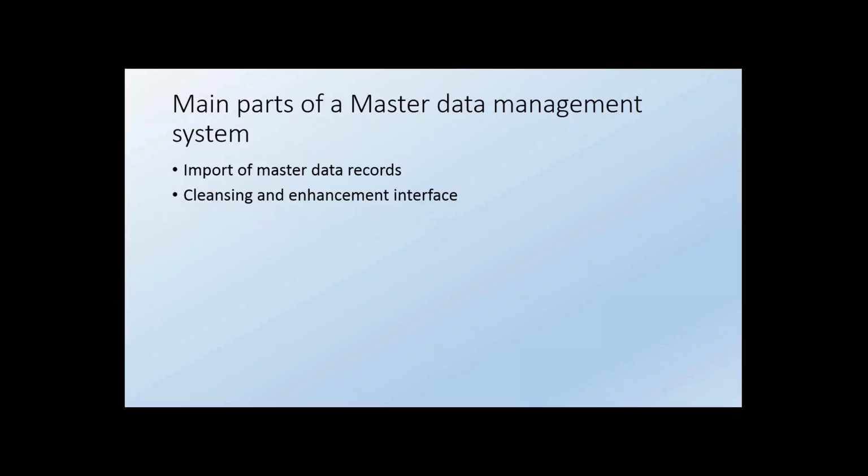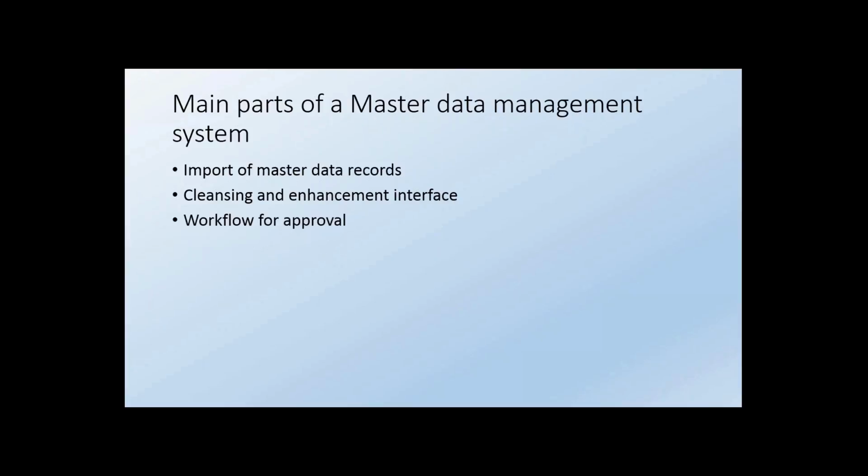Cleansing and enhancing the interface. Cleansing, as I told you earlier, is nothing but refining the data that we have: taking whatever data we have, giving it to business, letting business review it, and if they have any updates, they'll let us know. The respective updates would be made in the system, and we'll have an enhanced system that is updated, say, every six months or every quarter, depending upon the organization.